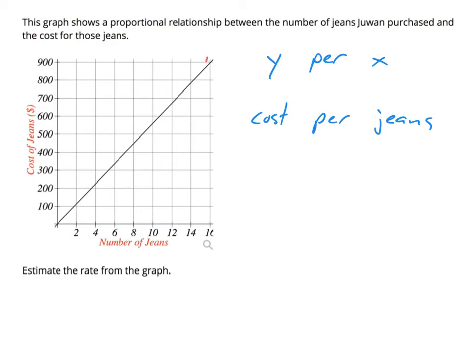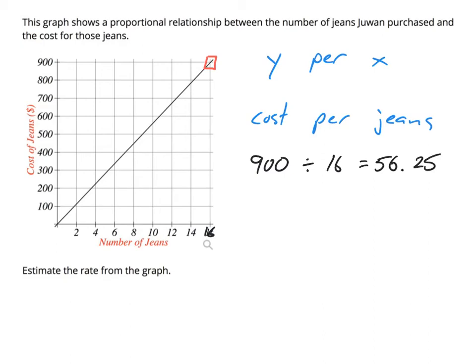So I'm going to look for one that's as close as I can find it. And actually the winner to me looks like it's probably this one up here, the very far one out there, because it looks like maybe that one is going through the grid lines, or at least it's very, very close to it. So that number down here along the bottom is 16, and it's 900. And so I'm going to try to figure out when the cost is 900 and we go through 16 pairs of genes, what is that cost? So I'm going to take that cost of 900 and divide it by the number of pairs of genes, which was 16. When I do that division, it gives me an answer of